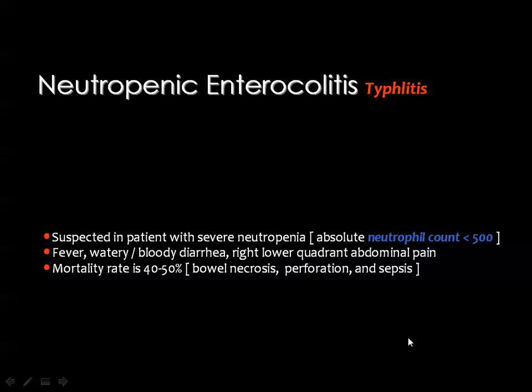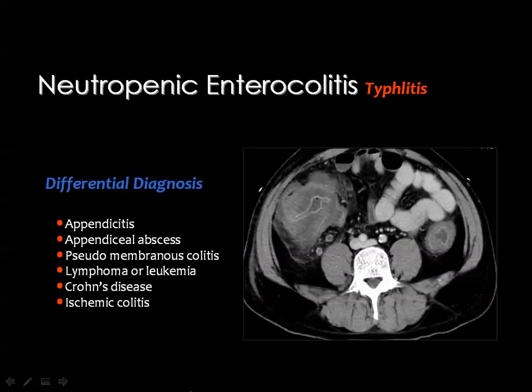Then these patients may present similar to other lesions like pseudomembranous colitis, for example, and diverticulitis by fever, watery or bloody diarrhea, and this right-sided lesion will result in right lower quadrant abdominal pain. Mortality rate is high because of the bowel necrosis, perforation, and sepsis. This is a good example of typhlitis, and I have to mention that this diagnosis should be supported by the